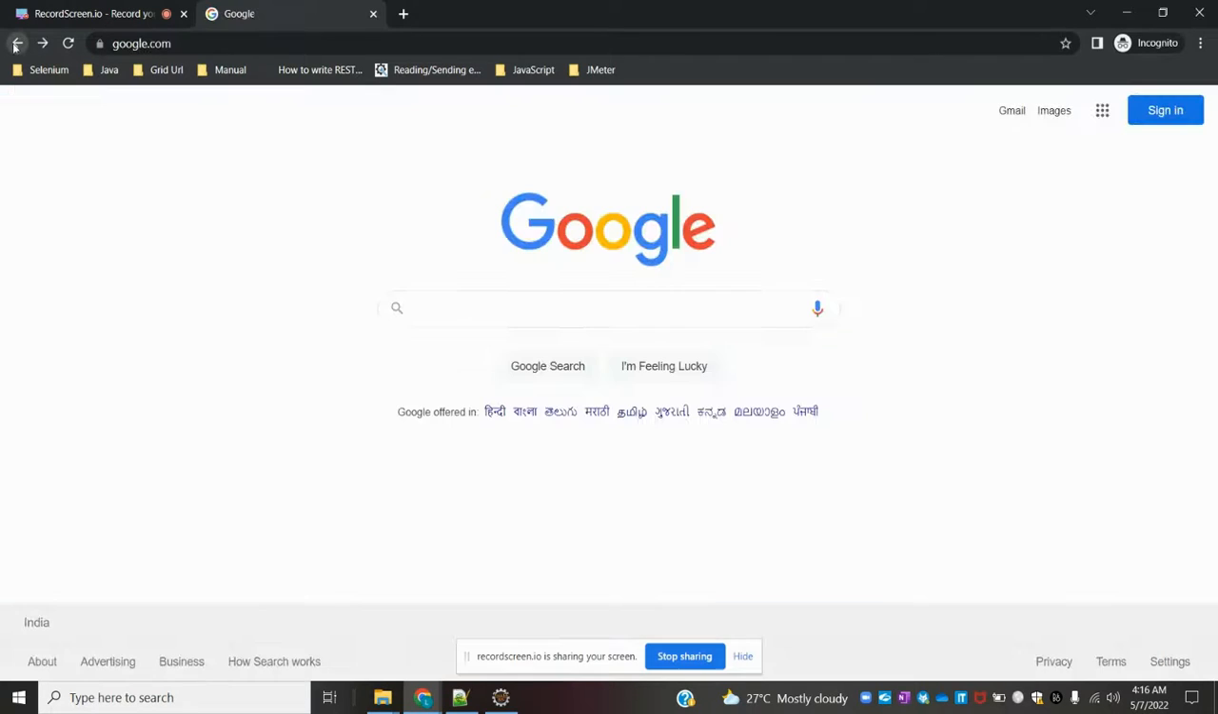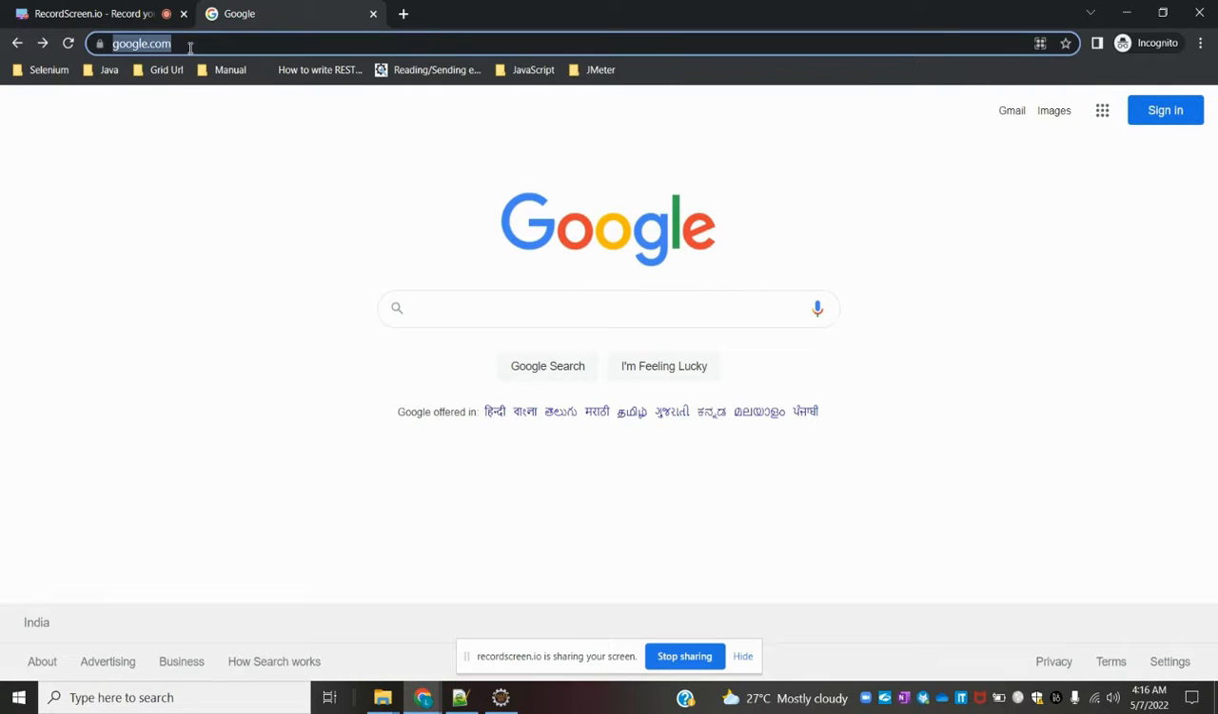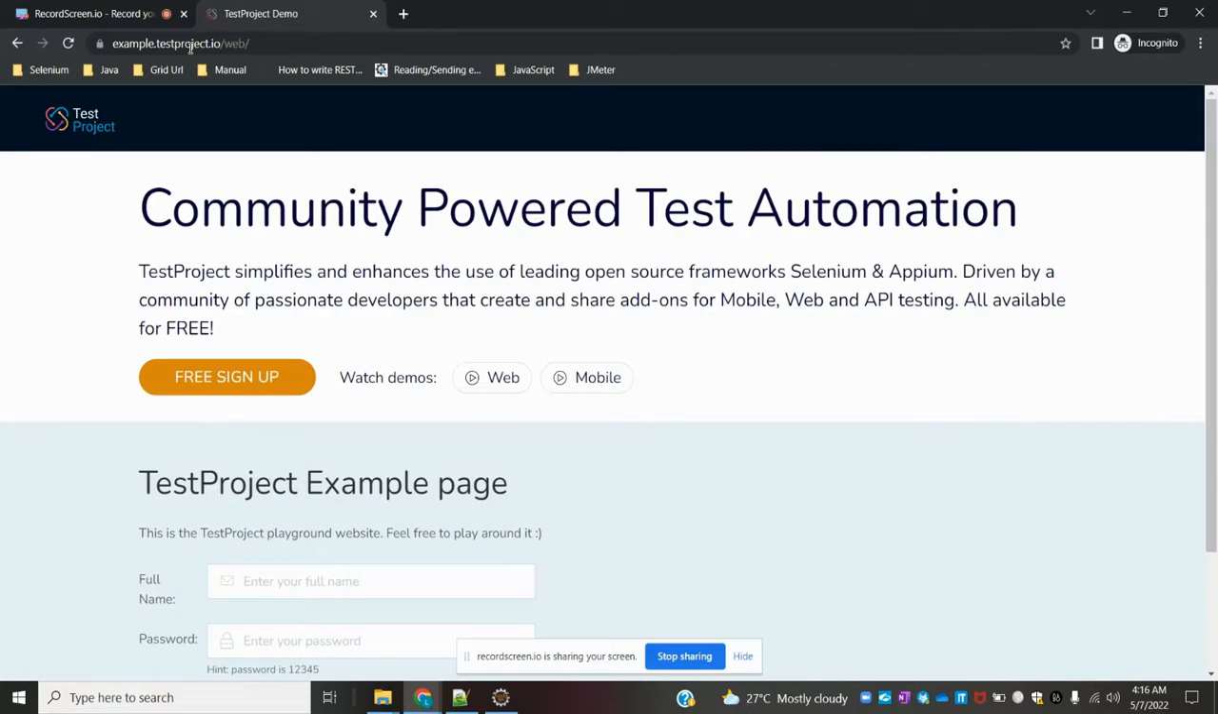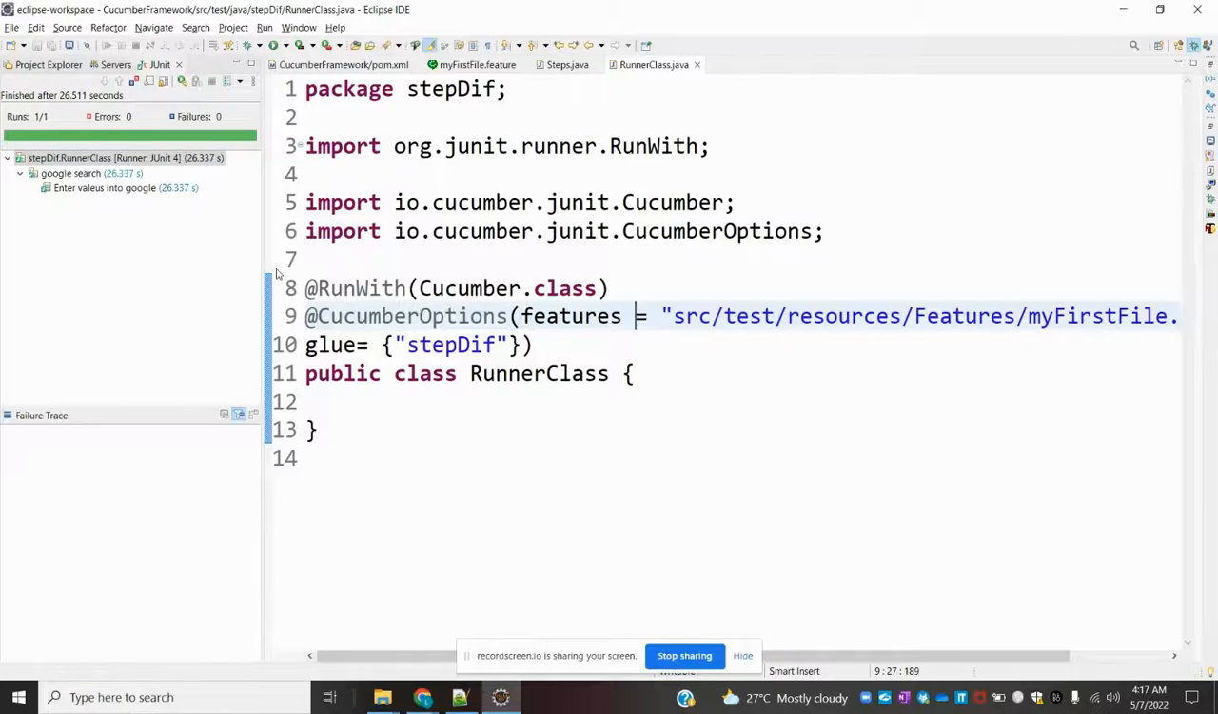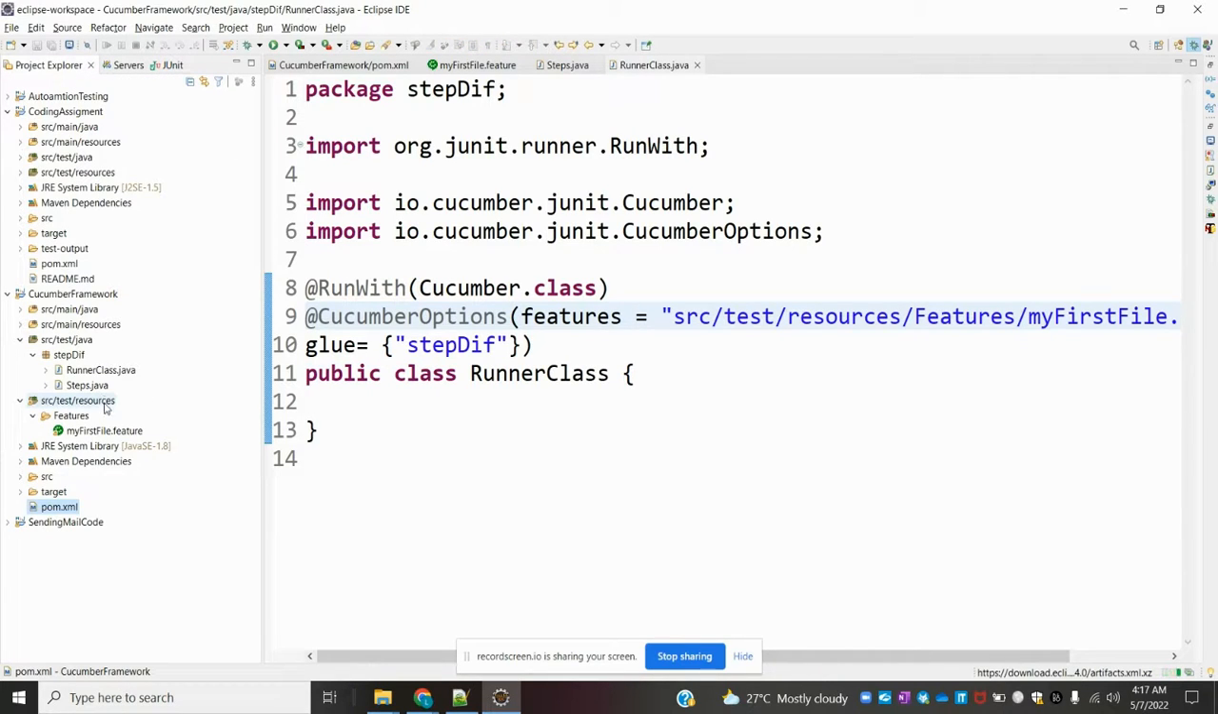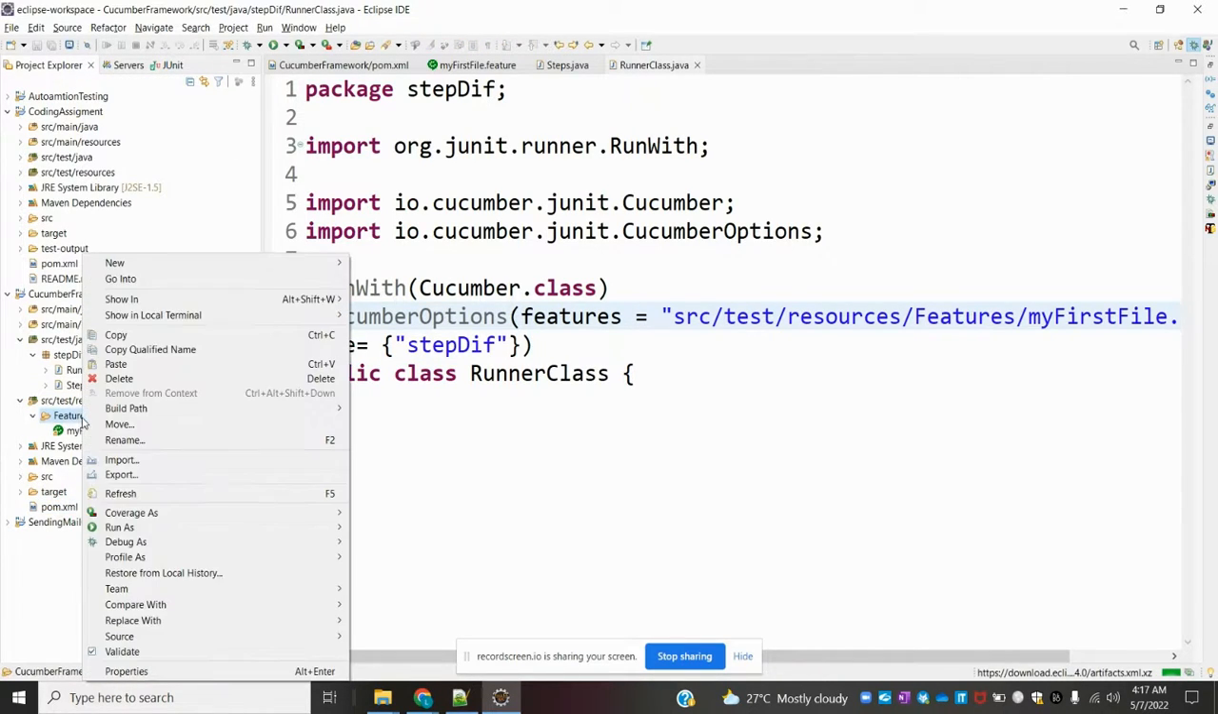To do that, how can we add it and process it? We can see a simple way in this example. In the previous video I also explained how to add our glue code, and based upon that we can add it. Again, I'm going to add one feature